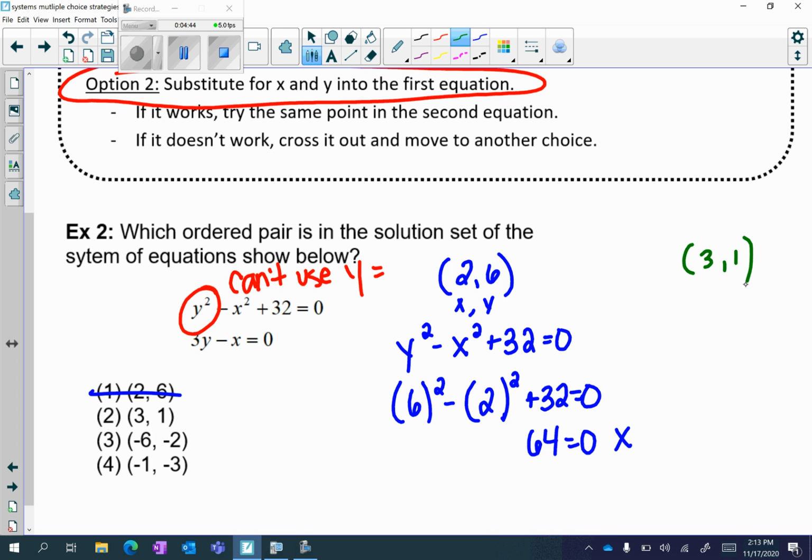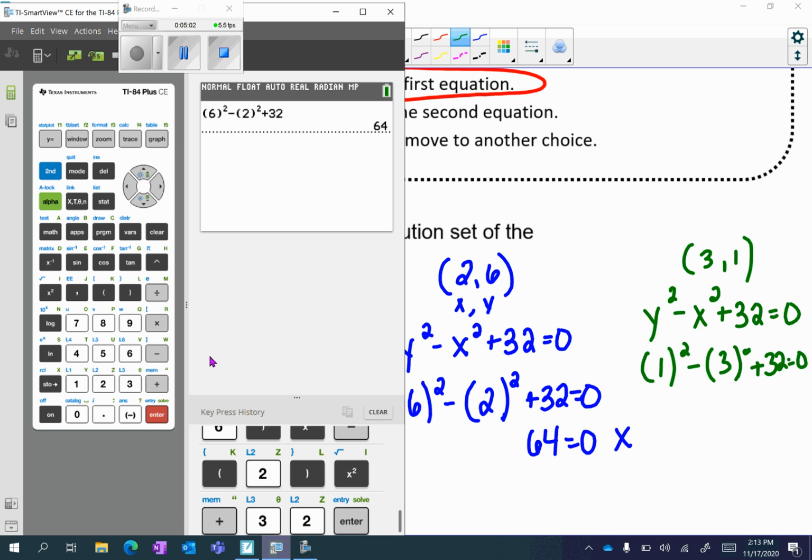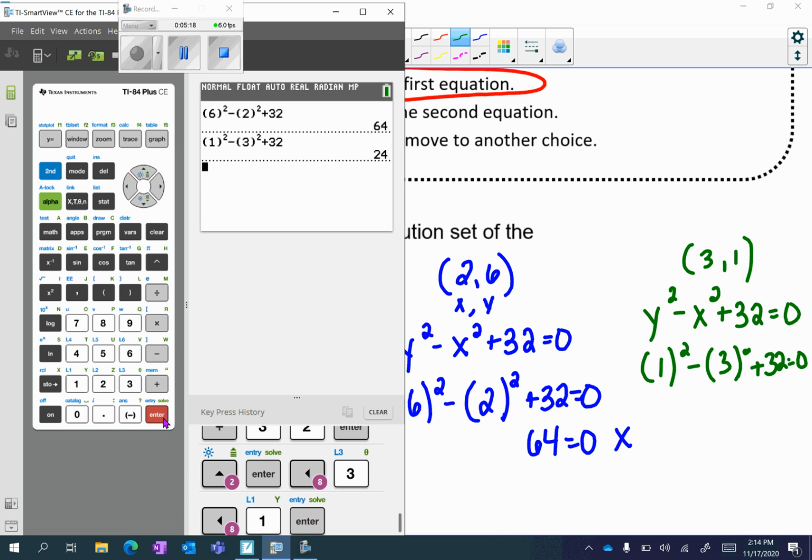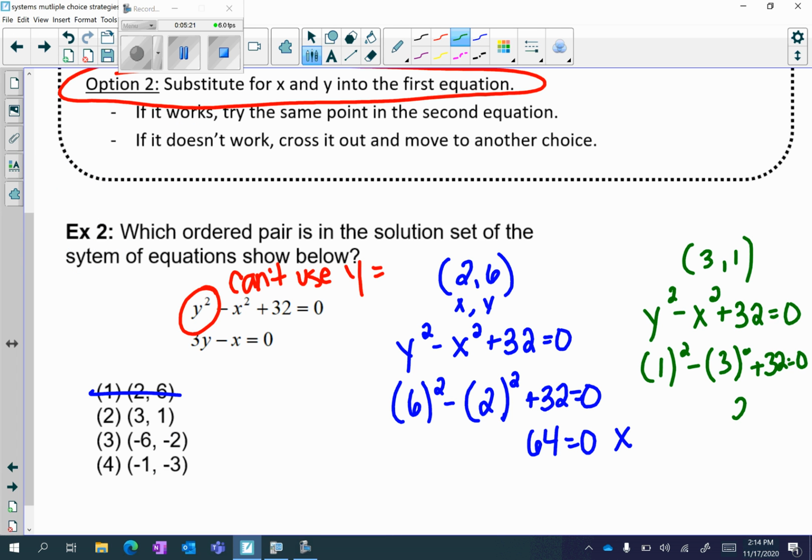(3, 1). So I have y squared minus x squared plus 32. It should equal 0. So 1 squared minus 3 squared plus 32 should give me 0. Going back to my calculator, if you want, you can scroll up and hit enter and it will copy and paste for you, so you can save some time in substituting, changing my x to be a 3 and changing my y to be a 1. I get 24. 24 does not equal 0. I'm going to cross it off and I'm going to move on to choice